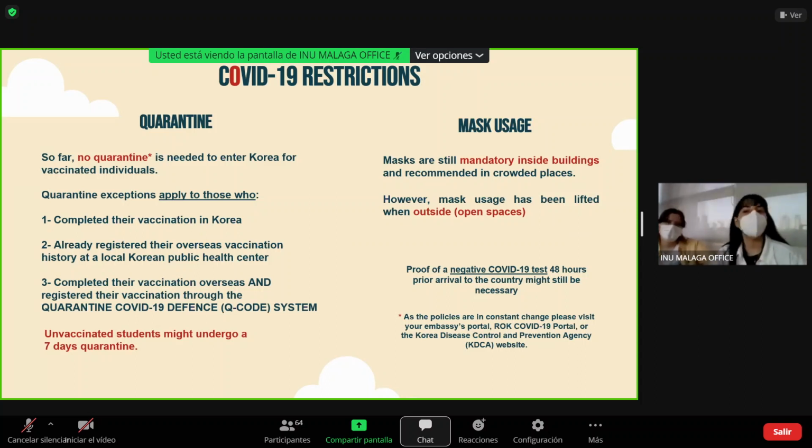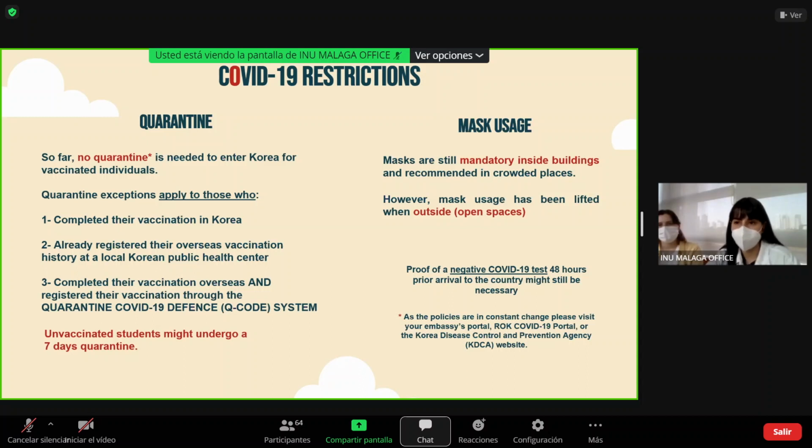The COVID restrictions right now are easing quite a bit. So far, no quarantine is needed to enter Korea for vaccinated individuals, only for vaccinated people. And as you might have received information from the international office, those who have been vaccinated need to complete the registration of the vaccine through the Q code system.